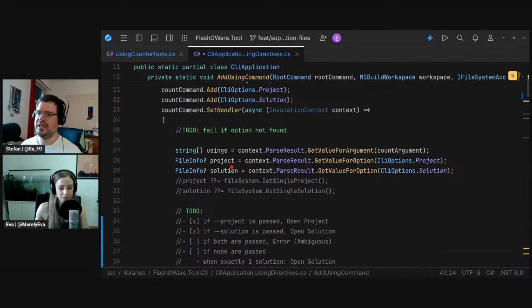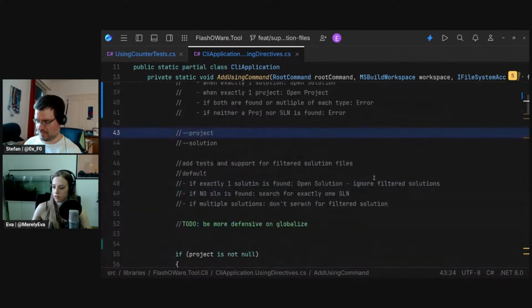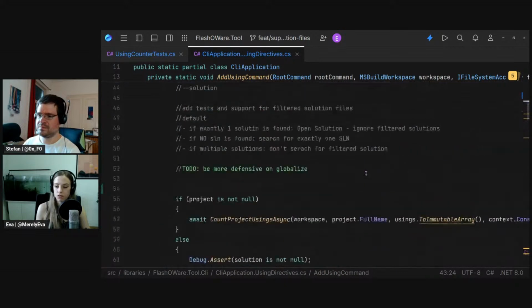All we do is getting the arguments as a string array, and also getting what we pass via dash dash project and what we pass via dash dash solution, saying that if they are null, that means they are not passed. If they are not null, that means they have been passed. Easy peasy lemon squeezy, I think. So we can actually put it